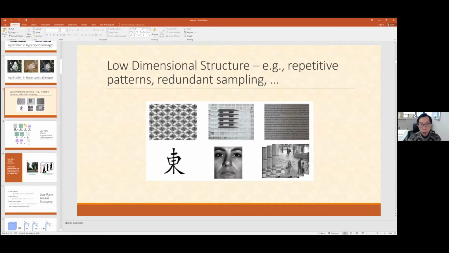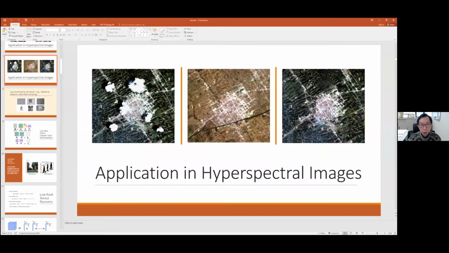It depends on what kind of images you look at. For example, some have repetitive patterns or redundant sampling, like in surveillance or in hyperspectral images, which contain the same scene but on different frequency bands. So this kind of redundancy information, and how to explore the low rank structure, is very important in this